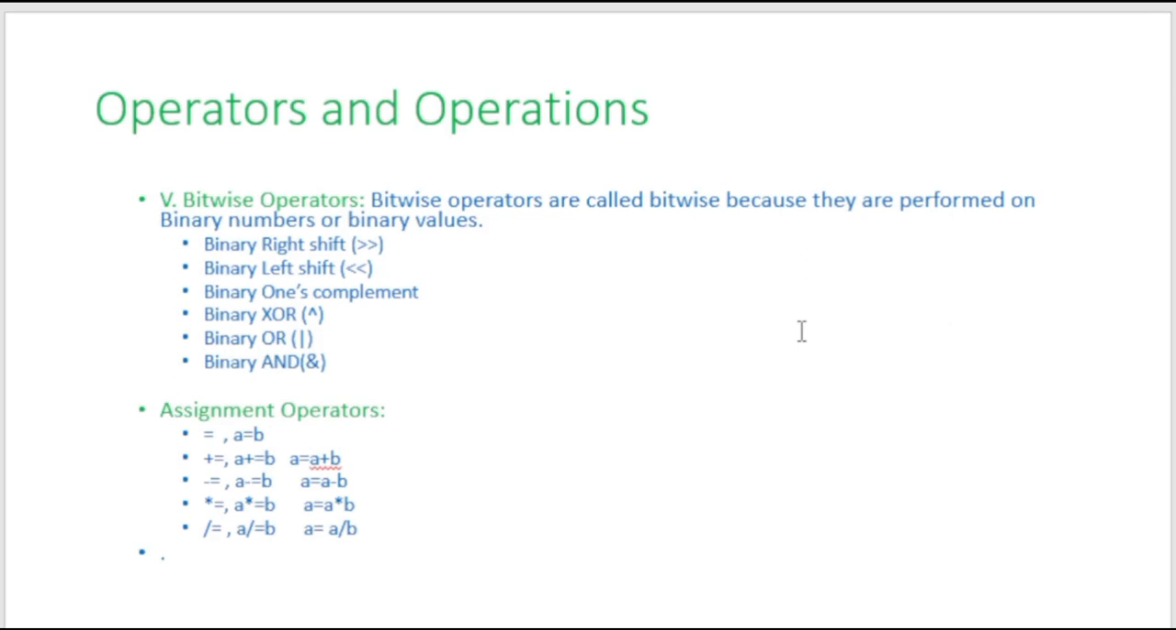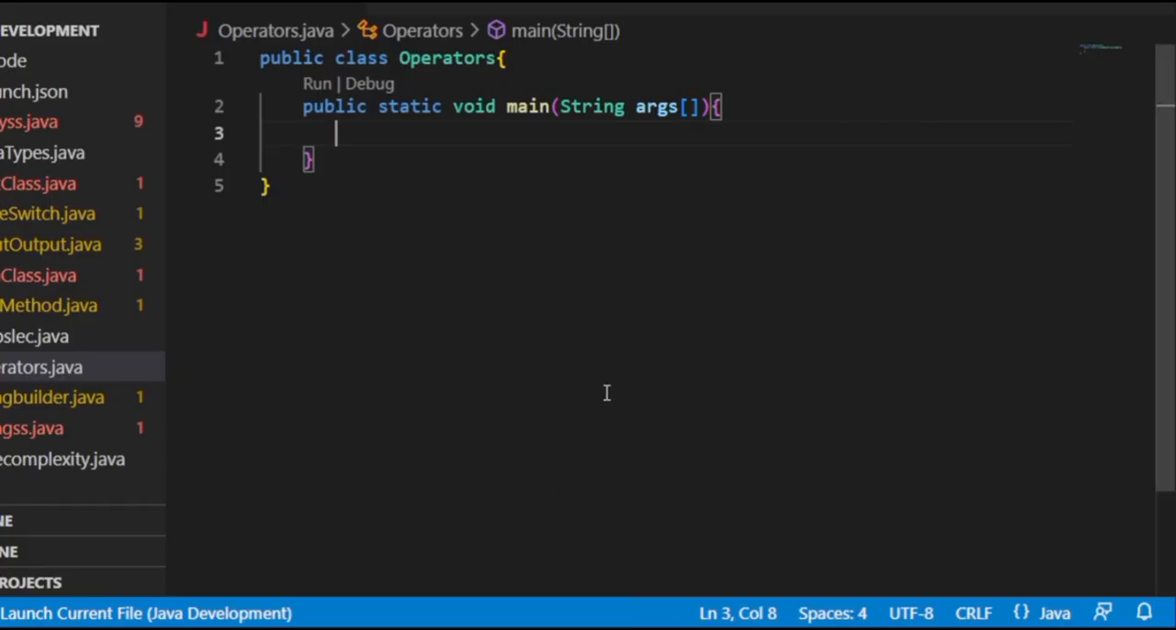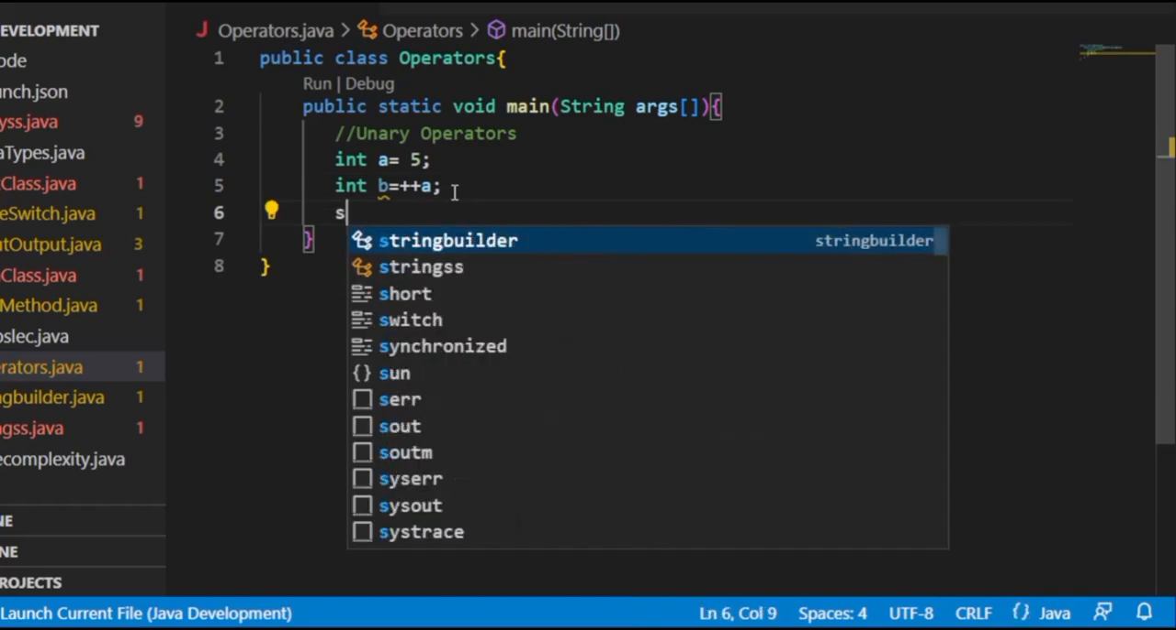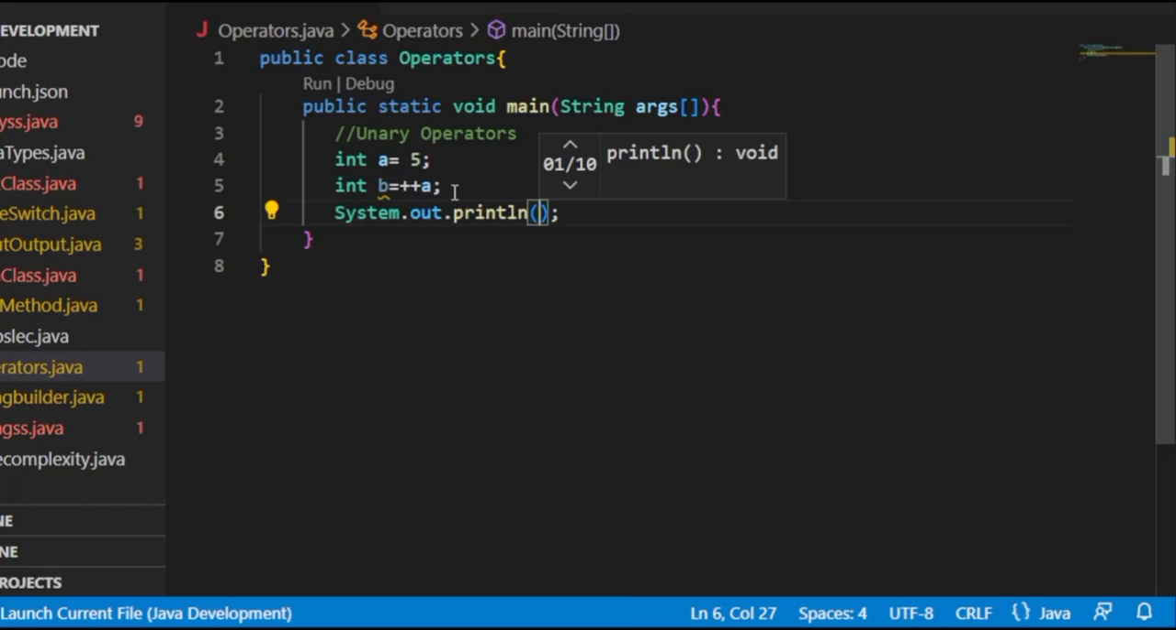So now let's go to our Visual Studio and study them one by one practically, right? So here we are in our Visual Studio. Now first of all, let's discuss unary operators. Let's suppose we have a value int a equals 5, and let's say int b equals plus plus a, right? Here, and if we write out the output,